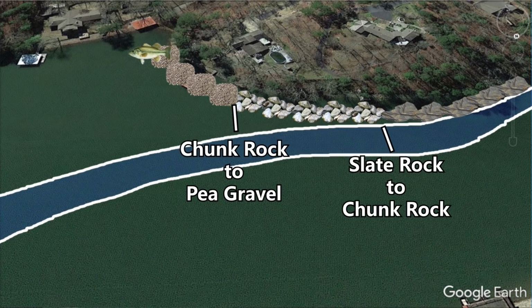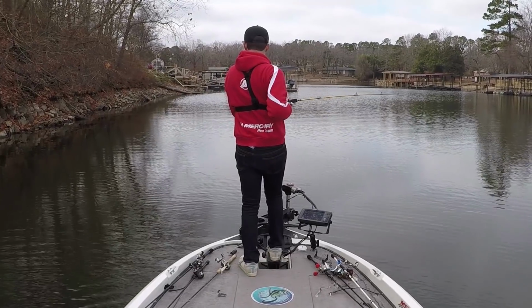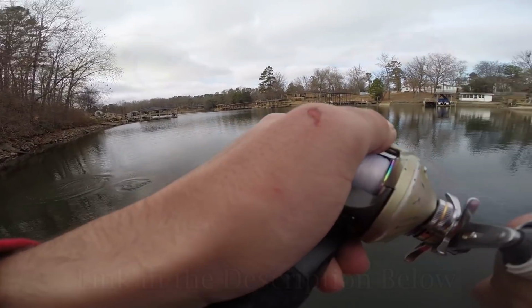And then as the water temperatures get into the mid 50s and they're about to spawn, they'll be a lot closer to that pea gravel and maybe transitioning into the back of the pockets. So you kind of have to play it by ear as to which type of rock transition the fish are on a given day, but usually you can crank these rock transitions with